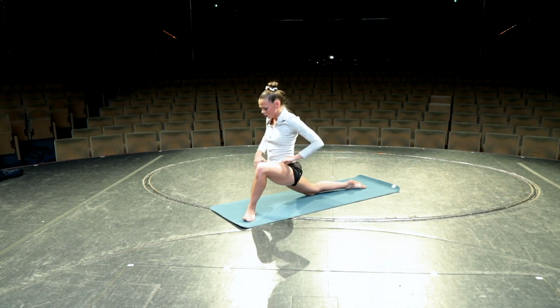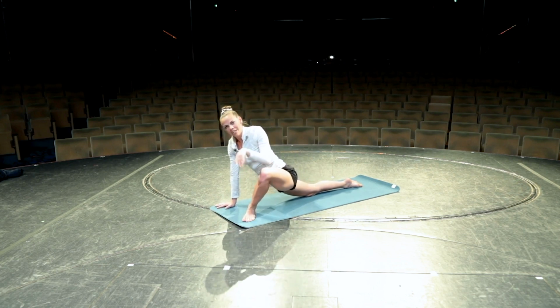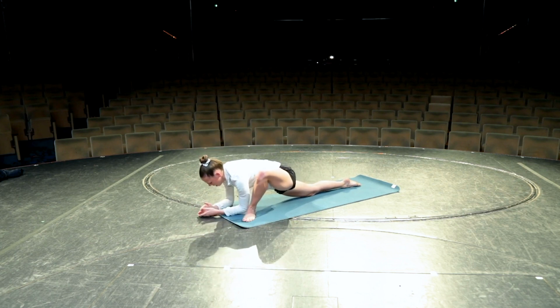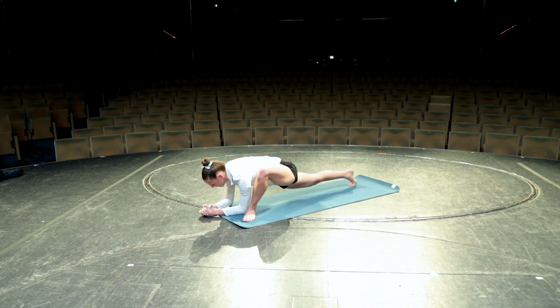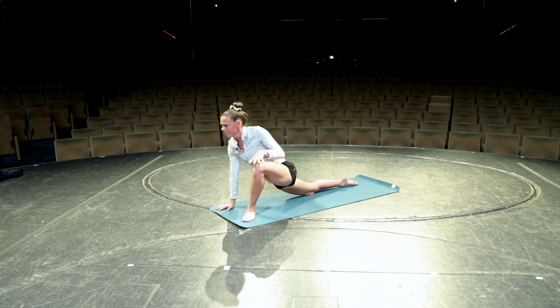Turning that front foot out, we're going to push that knee out to the side and feel the stretch in the hip. Again, if you want to go down onto your elbows, please do, and hold that stretch. For those of you who would like to, tuck your back toe and lift that back knee and hold it here. 5, 4, 3, 2, 1. We're going to replace that knee, bring our hands back onto the floor and turn that front knee